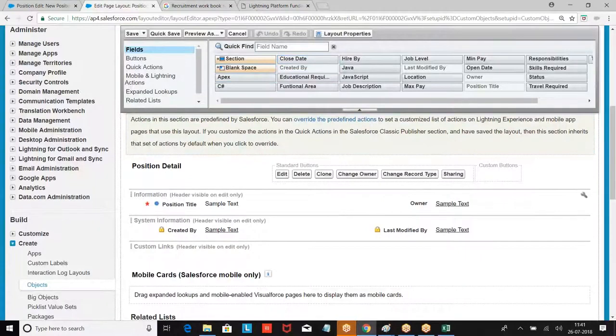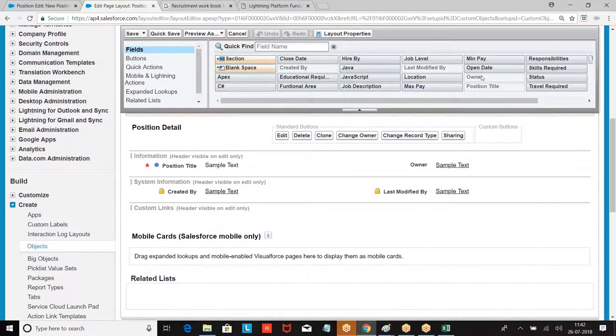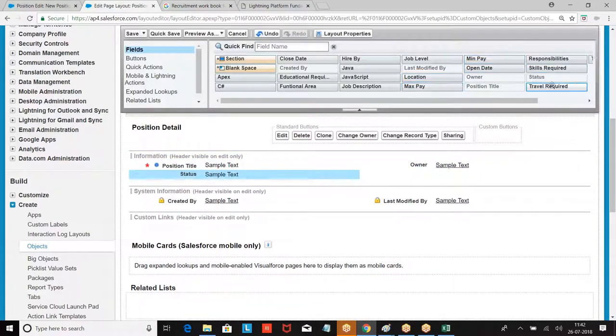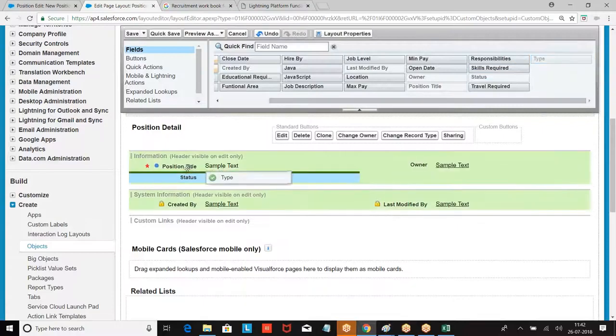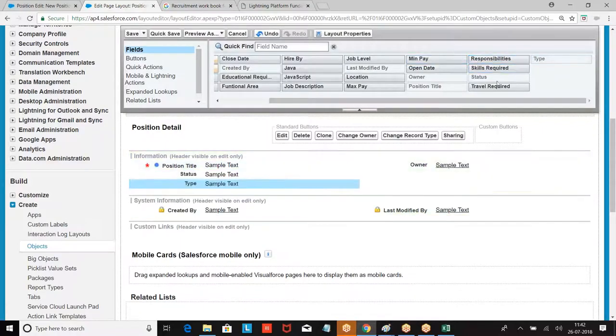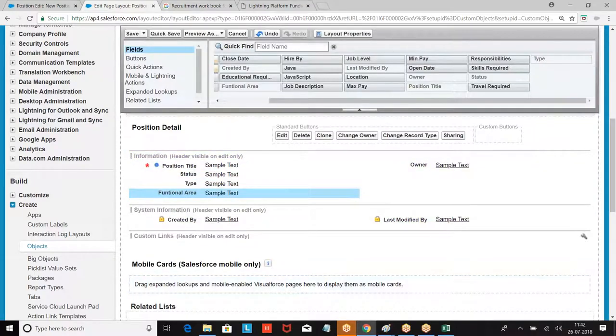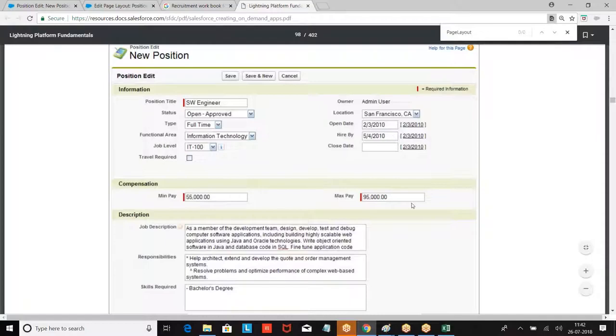Status, type, function area. Go to the status, then type, functional area. Then what else do they ask you to create? Functional area, job level, travel required.